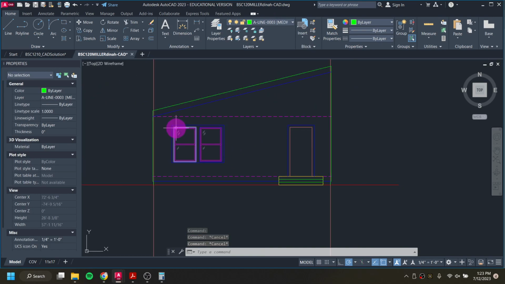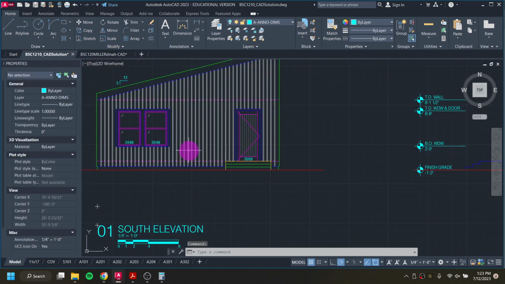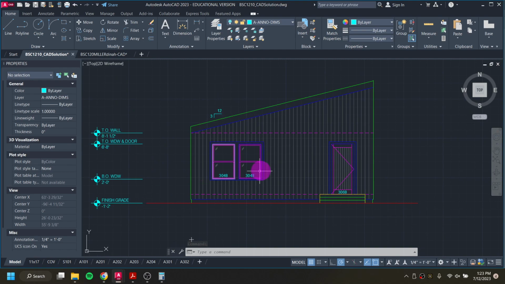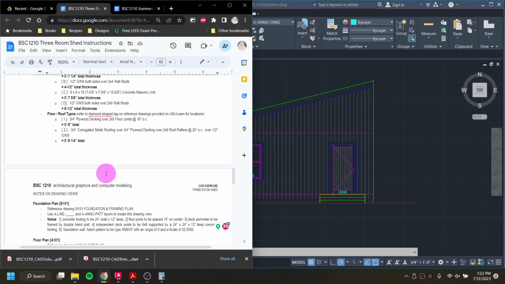And before, I know last video I kept saying I think I'm done, but I always kept finding different things to do. But my last thing then that I would need to start adding, of course I still have annotations and stuff to do, would be my hatch. So if we look at our instructions for our elevation view,